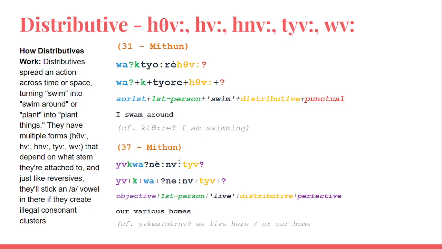And then the distributive. The distributive is one of the more variant forms, right? Because there are 5 different forms depending on what stem you're working with. And I don't exactly know the rules. I'm sure these are covered in Mattoon's grammar. But this is essentially like, if you see a person, or if you're looking at a screen, adding the distributive turns that from looking at a screen to looking around the room. So now that distributive stem allows you to turn your head and look around.